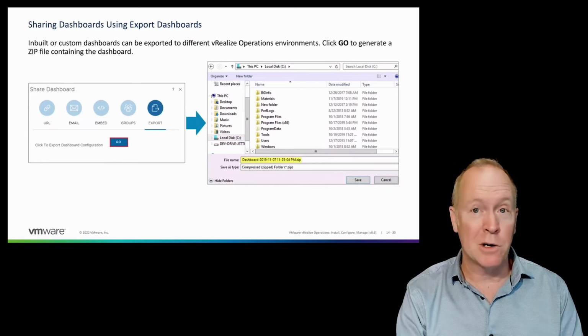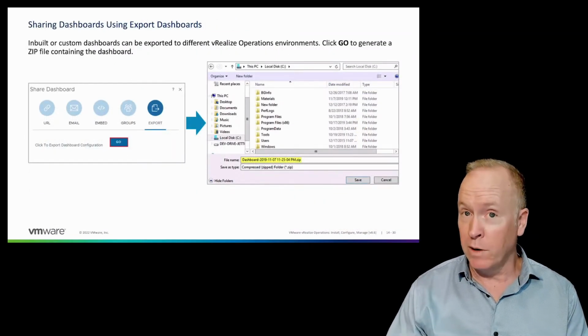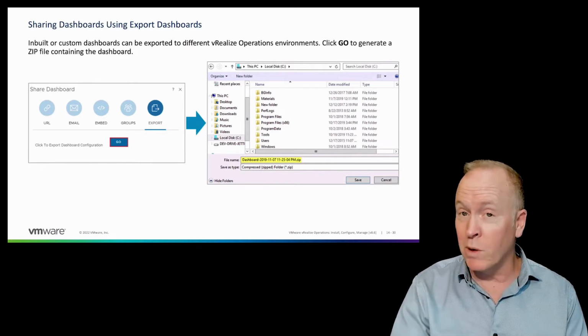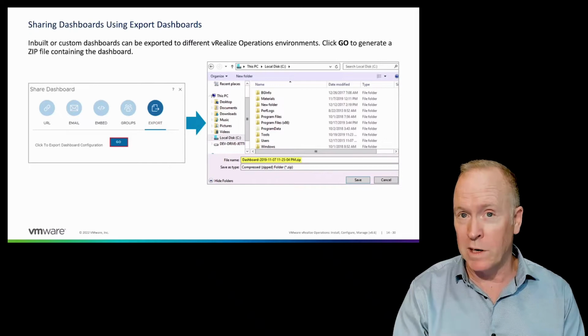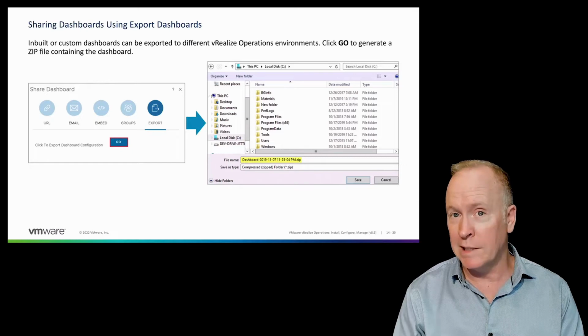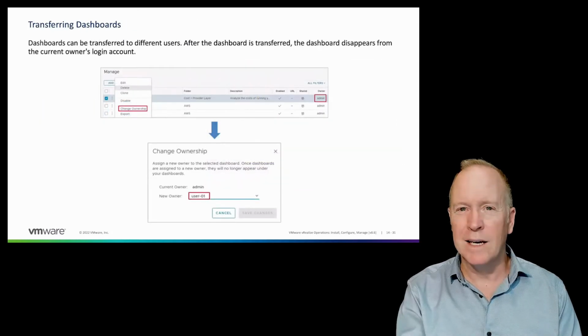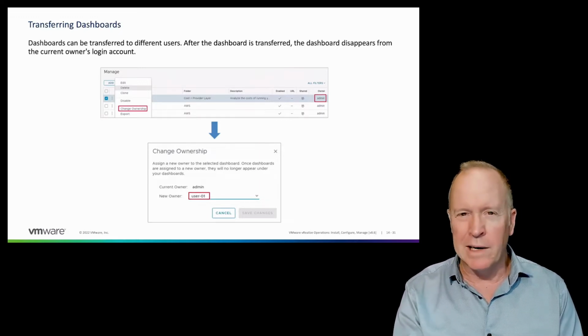The final technique that we're going to show you for sharing your dashboard is to export it. When you choose Export and click Go, it will allow you to save your dashboard as a .zip file that you can send to somebody else. They can import. A few slides ago, we saw where to choose Import. They can import your .zip file into their vRealize Operations deployment. So again, importing and exporting allows you to share your dashboards across completely separate vRealize Operations deployments. Now that we know 5 different ways that you can share your dashboards, let's take a look at some related